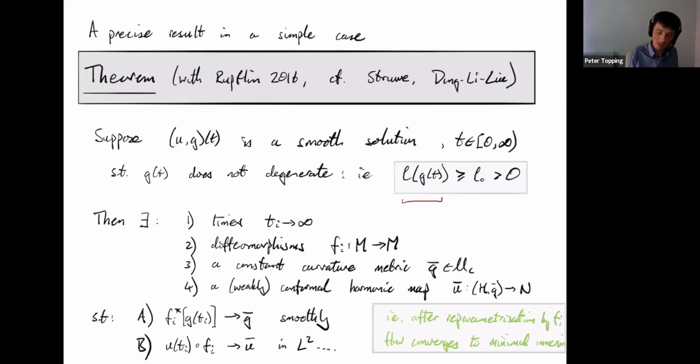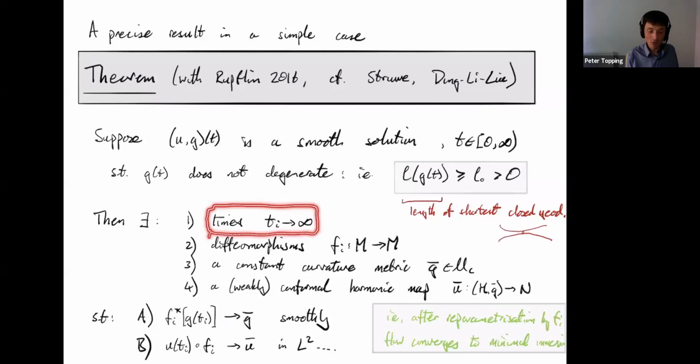So what is this L here? So this L is the length of the shortest closed geodesic. So what can happen, particularly in higher genus, is that the surface can degenerate where it sort of looks like this, and this geodesic gets very small, but we don't have to worry about that now. Let's just accept that we're in this nice situation. So what I really want to say is there exists a sequence of times so the flow converges to a critical point. So the critical point would be U bar, comma G bar, but I can't quite say that in this theorem.